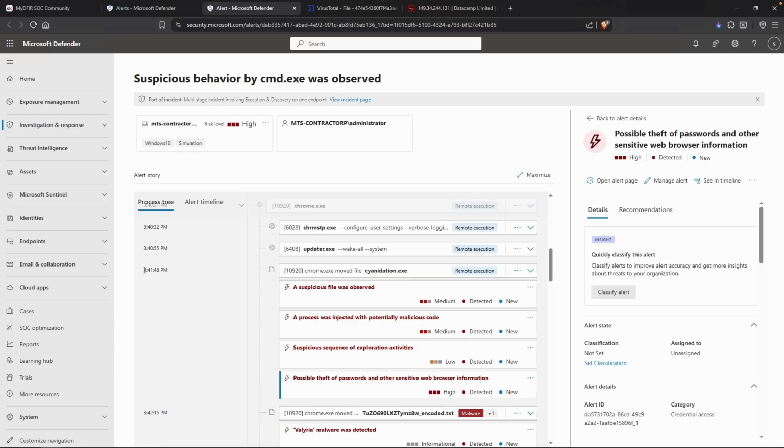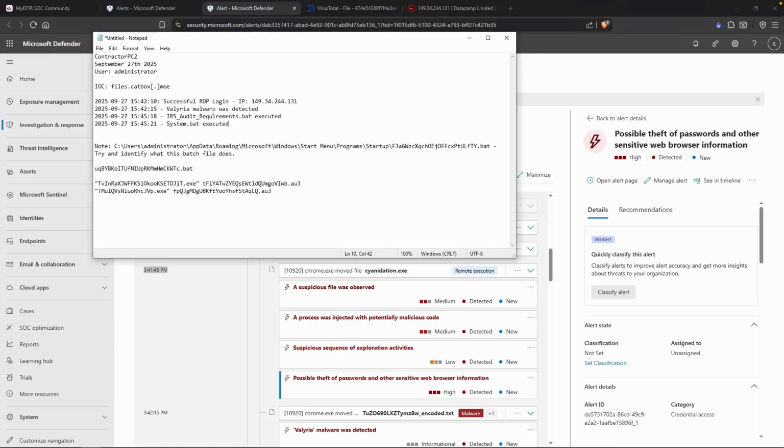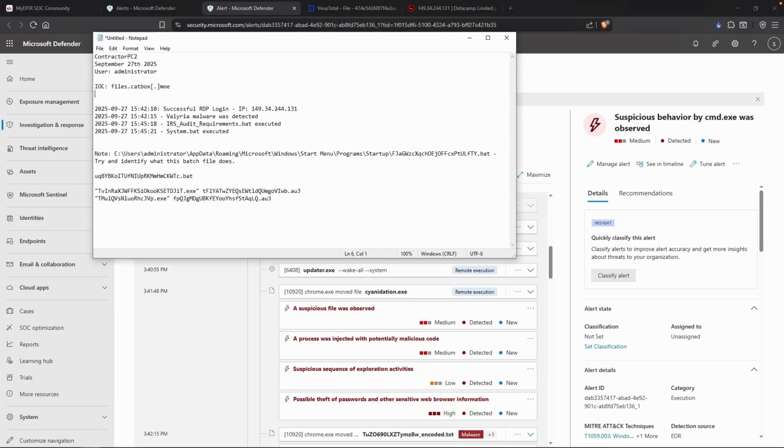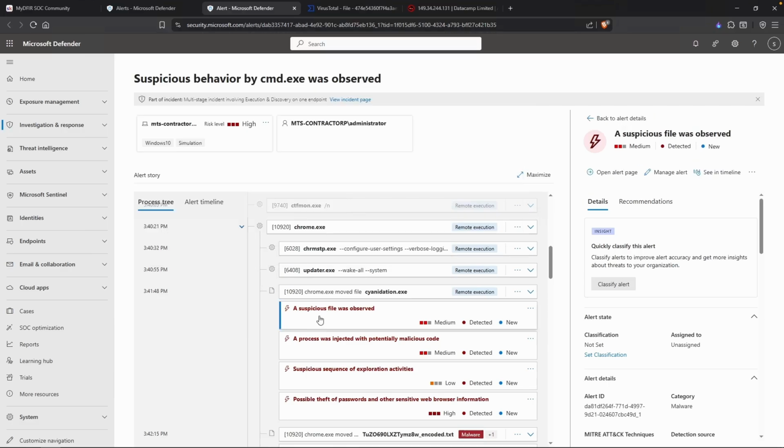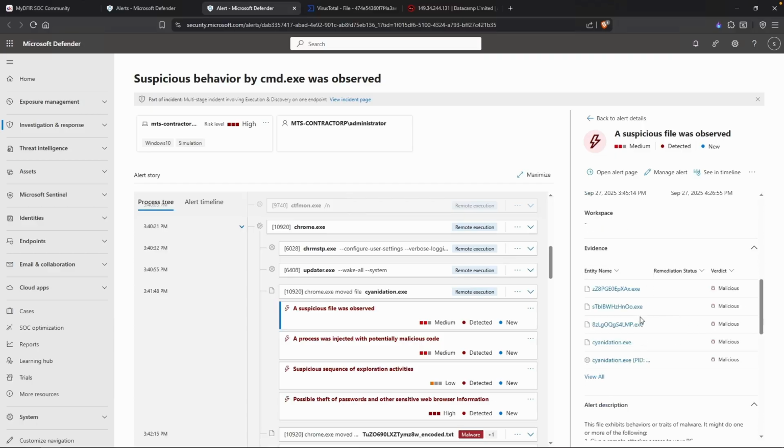Let me go ahead and copy the time. So this was at 3:41:48. And that was before our successful RDP login. Interesting. Cyanidation.exe was executed. Going over the suspicious file was observed signature, over to the right, scrolling down, ooh,